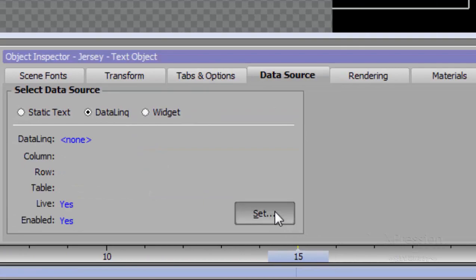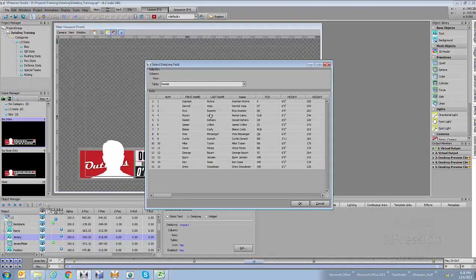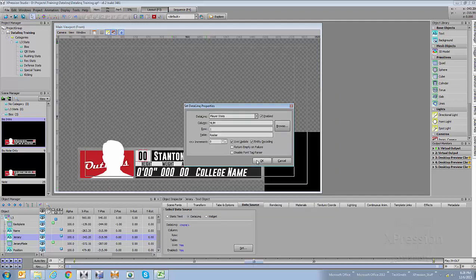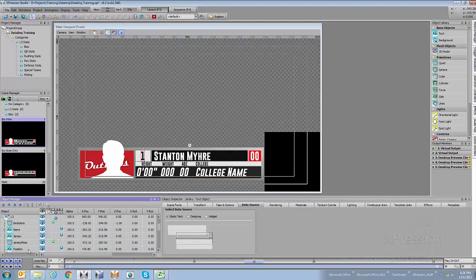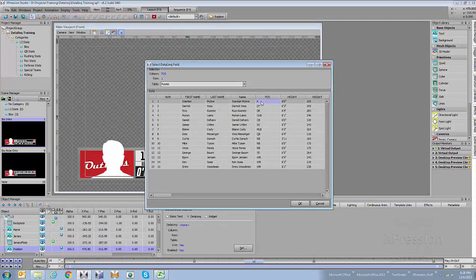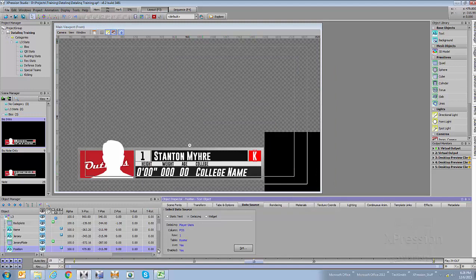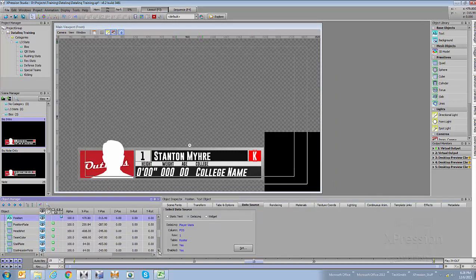So I'm going to come in and get the position by jersey. So I'm going to play jersey, and I want to find the jersey number, so that's num in this. That part's done. I want to get his position, DataLink, player stats. This seems a little tedious, but it actually winds up being a much quicker way to do this than you might have seen in other systems once you get the basic root of this done.